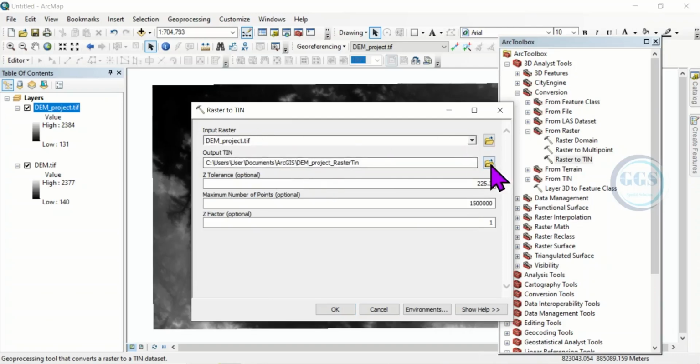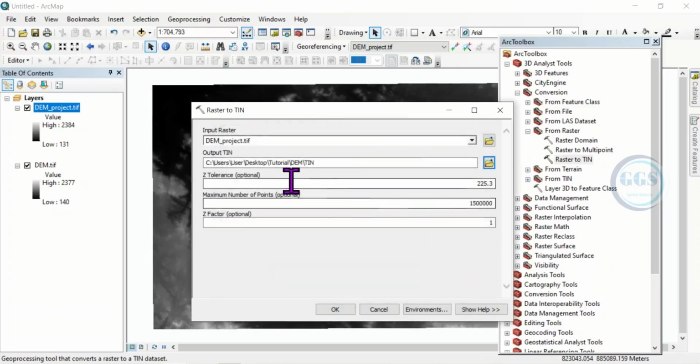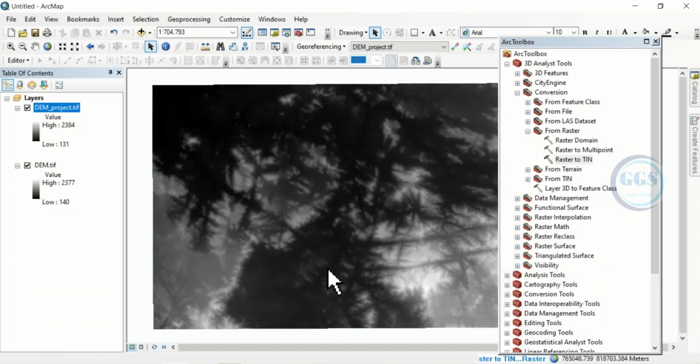Then our output, click here to navigate to your folder. Let's call it TIN. Then click on save. Then the level of tolerance, you can leave it at default or you can modify it. Then click on OK. So this will run and create TIN, which is triangulated irregular network,